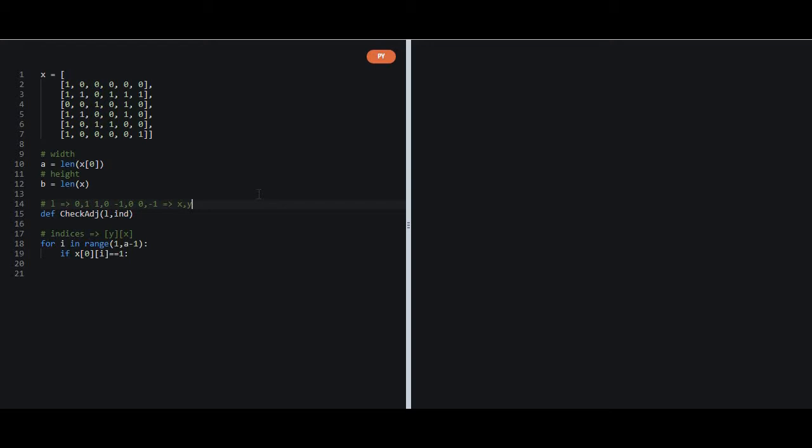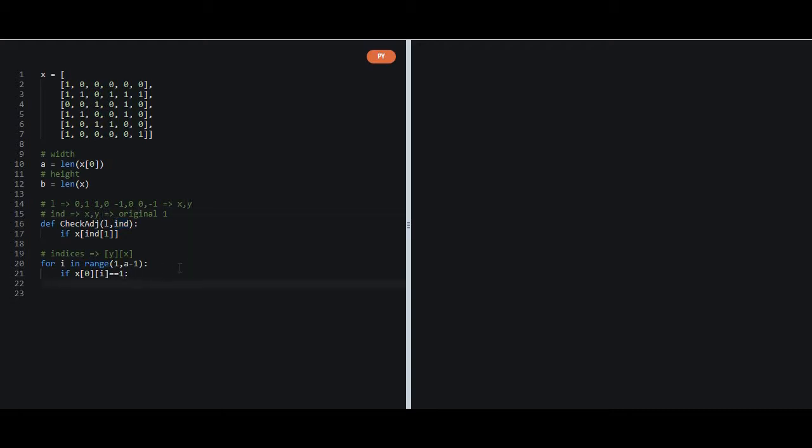So this is in the format x comma y. It is important: we are providing the inputs in the format x comma y, but while putting in the indices we will have to put y first and then x. So let us clear everything in the beginning only. And indices will also take x comma y of the original one. So what we will do is, if at that index, as I have already told, we will put in the y value first, and the second part of the indices.